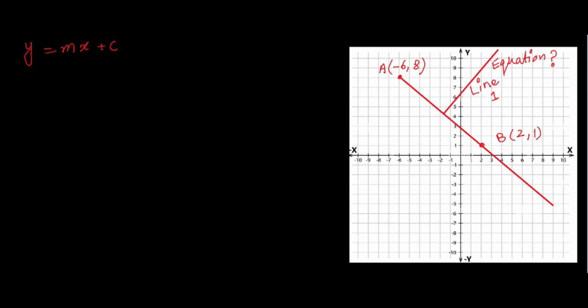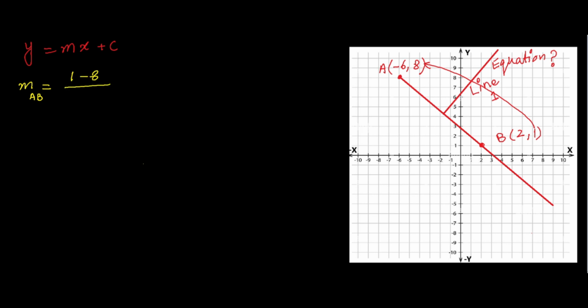How will we find the equation of this line 1? First of all, we will find the gradient of line AB by using these two given coordinate points. The gradient of AB, you can also write this as MAB, and the formula for the gradient is y2 minus y1 over x2 minus x1. So we will say y2 1 minus 8